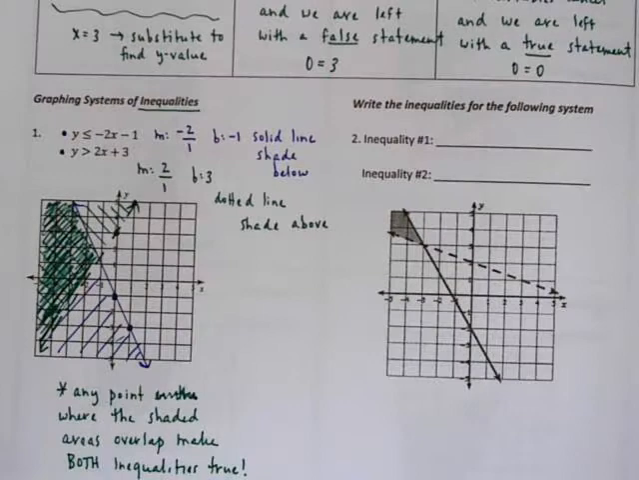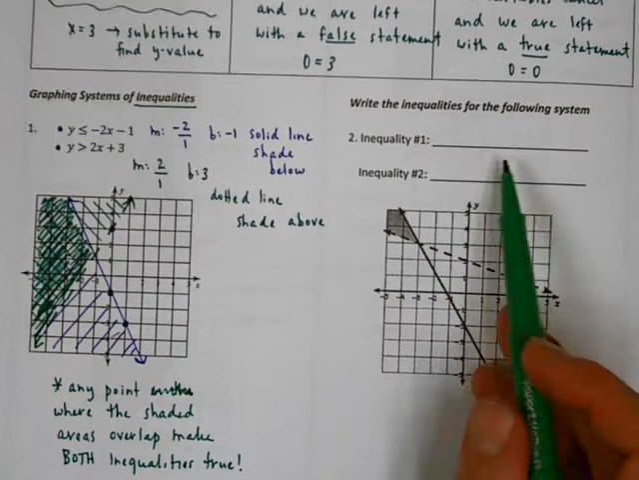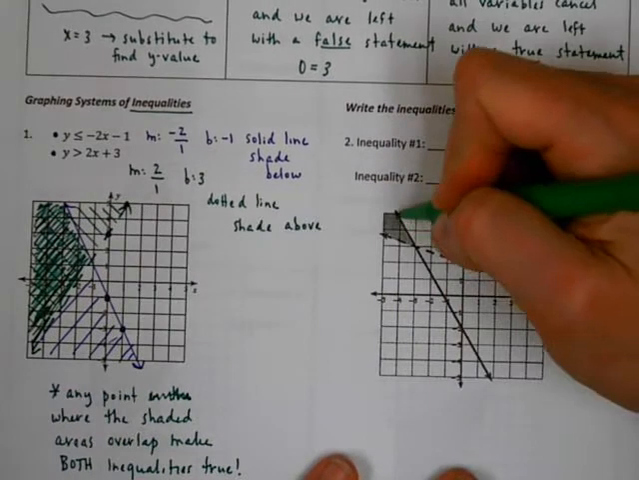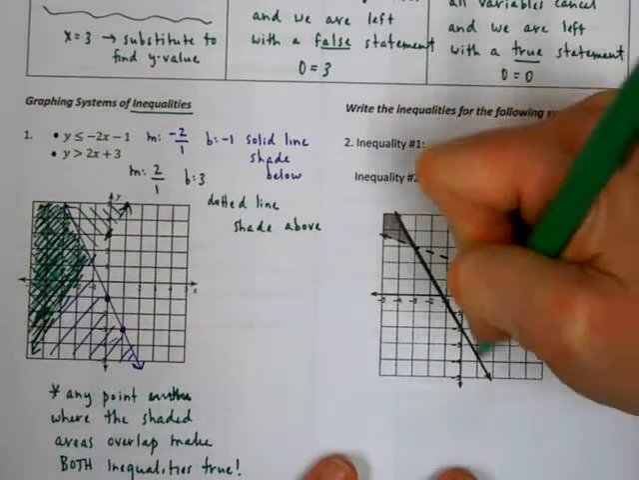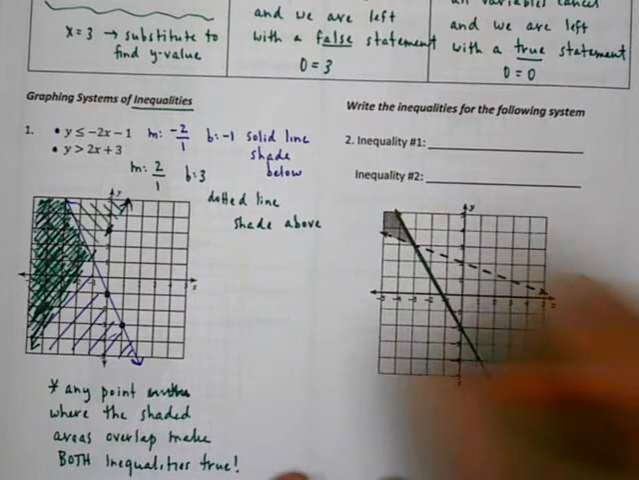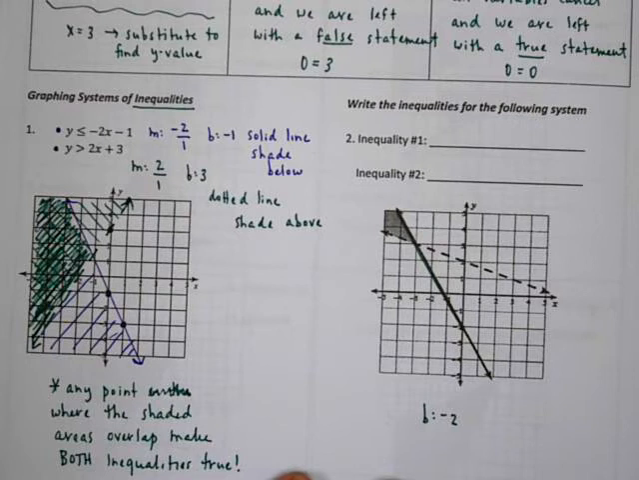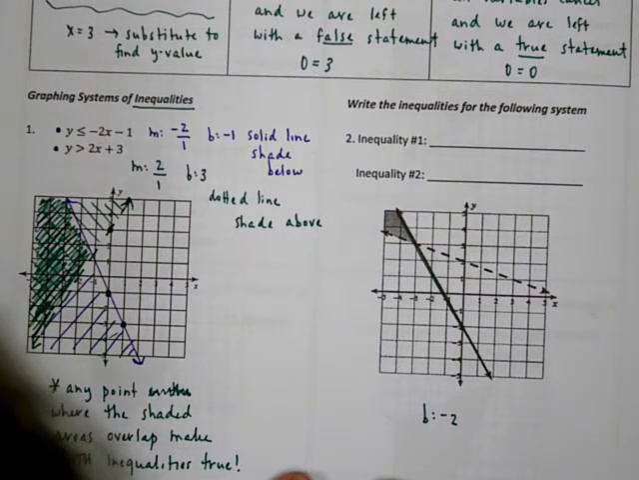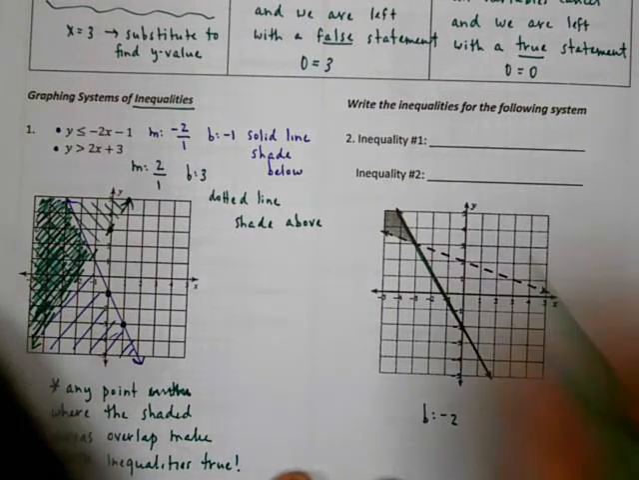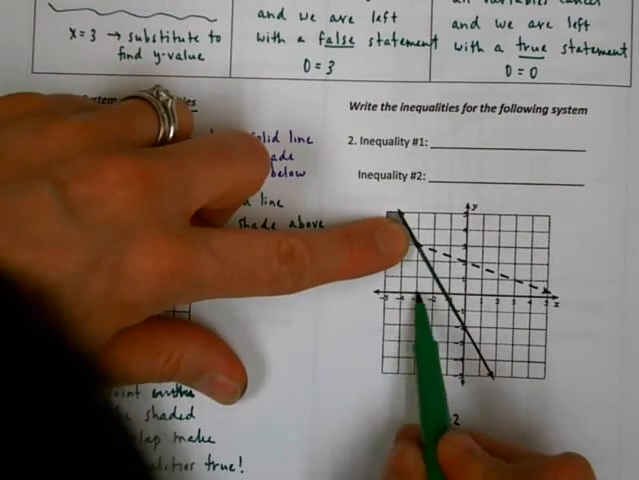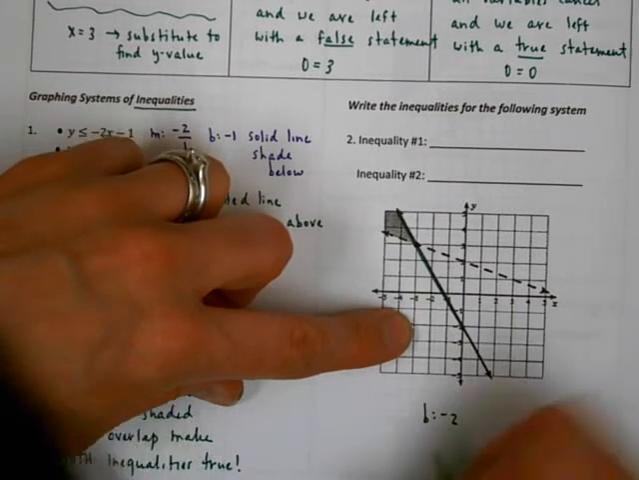To finish the chapter, we didn't have to graph anymore, but we had to write the inequalities for the system. So I'm going to use colors here. I'm going to start with this line. So I can see on this line that my y-intercept, my b, is -2. If I find another nice point, it looks like that happens here. So my slope is 1, 2, 3, 4, 5, -5